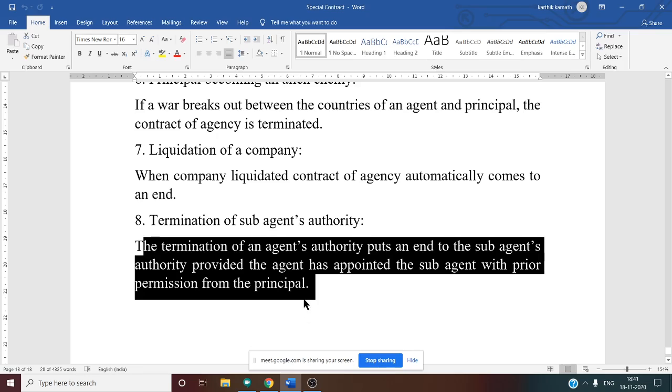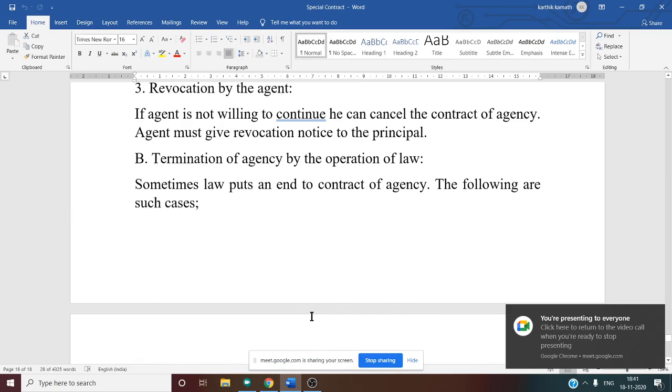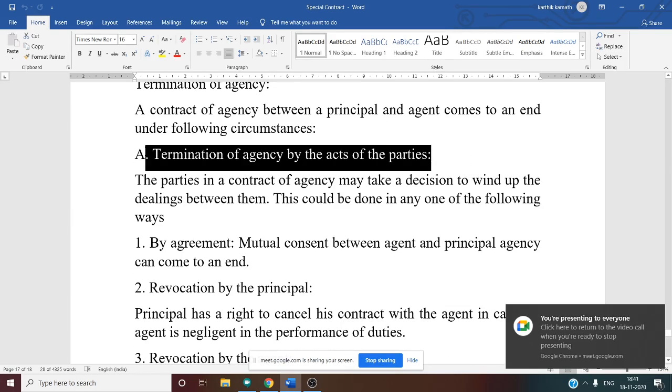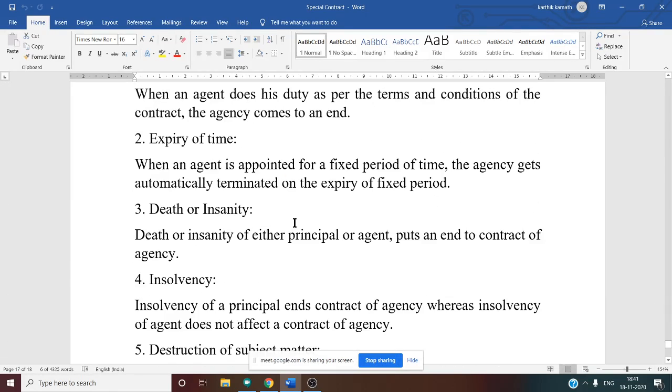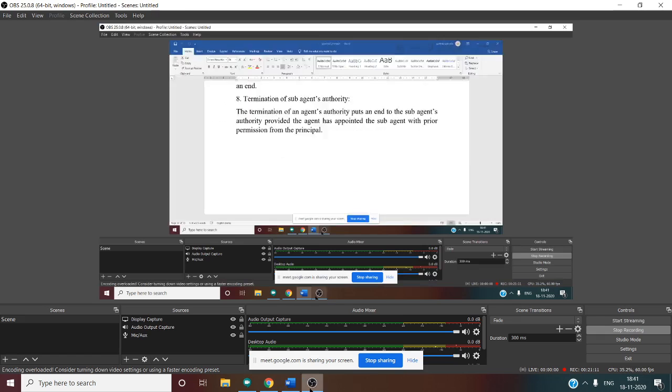So all these things come under termination of agency. The two main points under termination are, one, termination by act, and second, termination by law. Under that, several points are there. So if you see